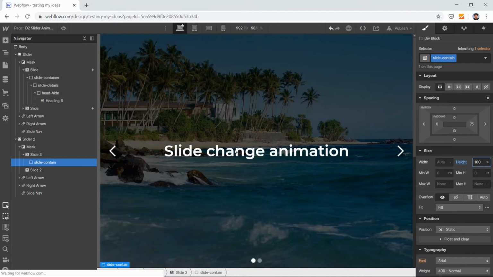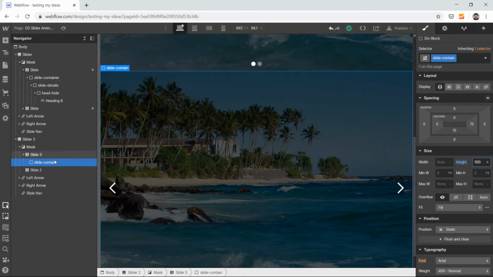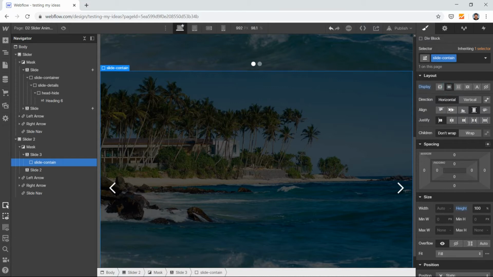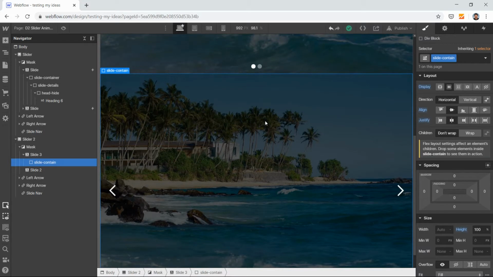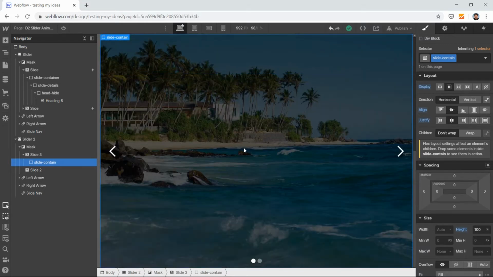Okay, it's done. But what if I want to set my content in the center, in the middle of my slider? So it's very easy. Select your content, the div that you just created, and set its flex box to align its center, justify it to the center, right? So whatever you put here, it will be centered now, right?